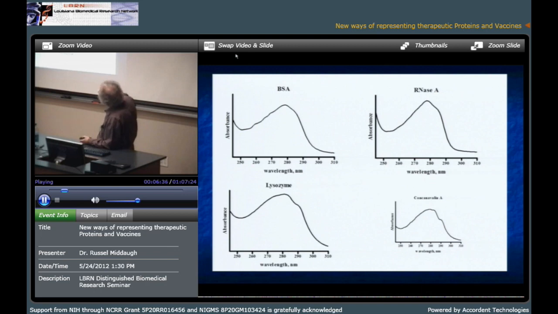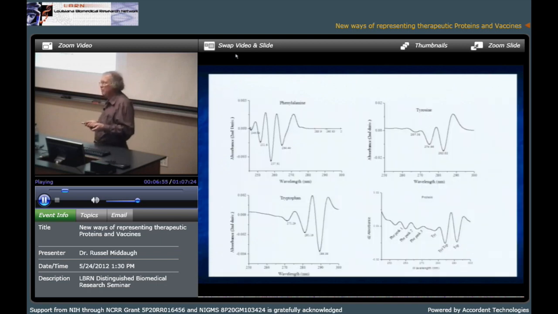And then there's often some structure. If you look carefully, you'll notice some undulations here. You see them better with serum albumin, and that's reflecting the vibrational structure of the phenyl side chain, the phenylalanine. For a long time, it was thought that such spectra were useful only for, for example, measuring the concentration if you know the extinction coefficient. I'm going to show you that you can get a whole lot of information using a technique that we've developed.